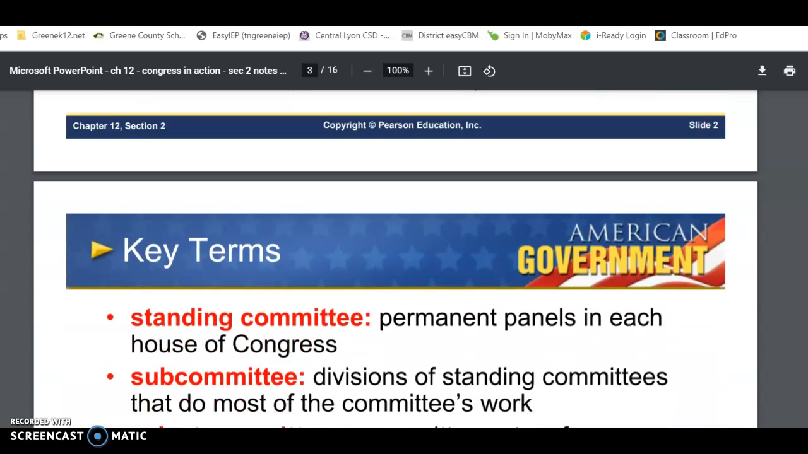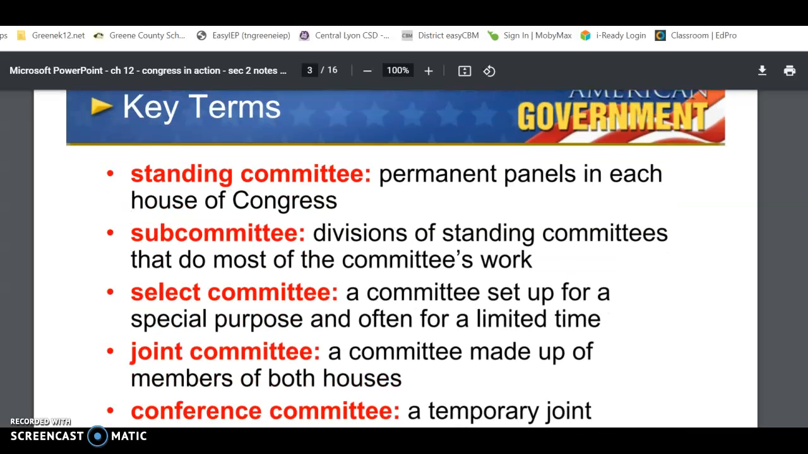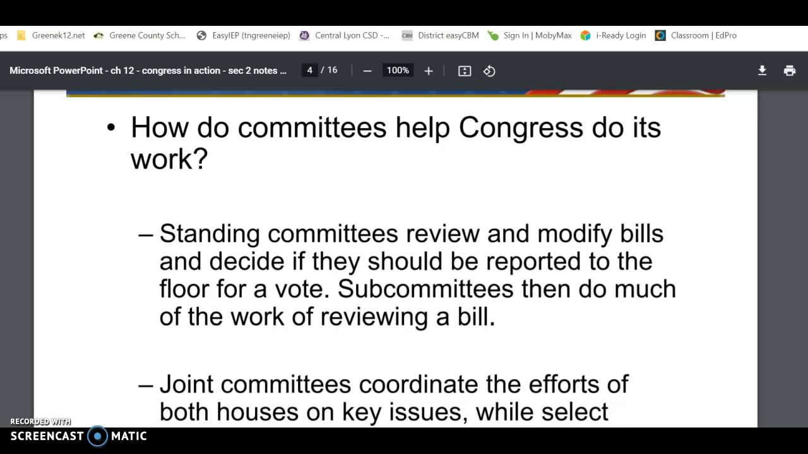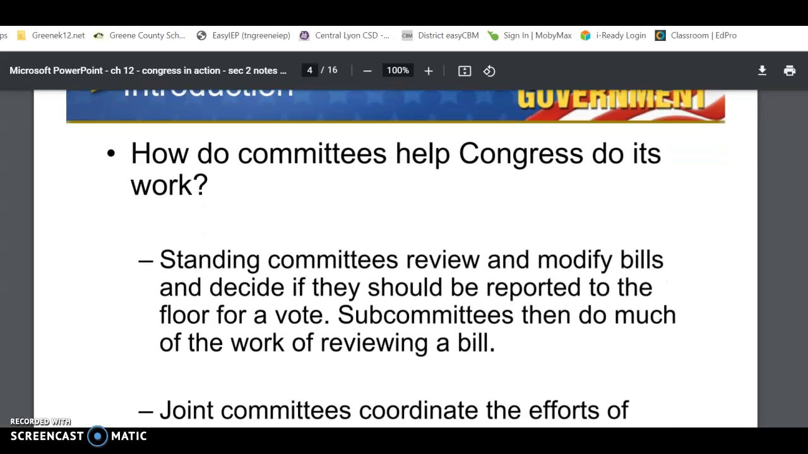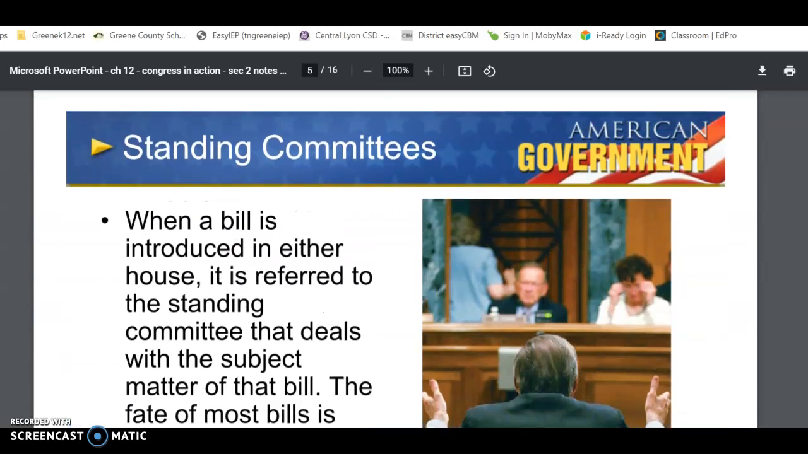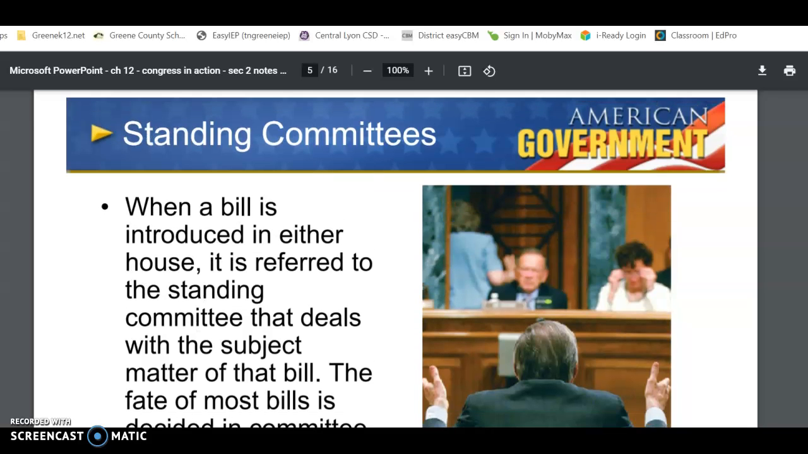So here's some objectives for the section. Key terms, just important words and their definitions. So this is what your focus question for this section discussed: how committees help Congress do its work, or its job. All right, so your first heading for the notes